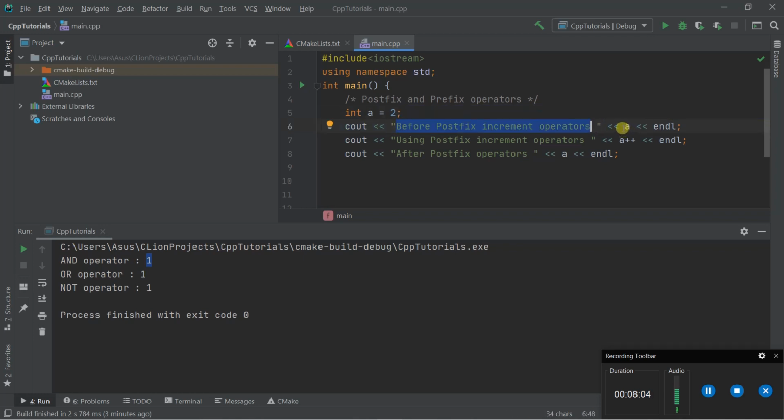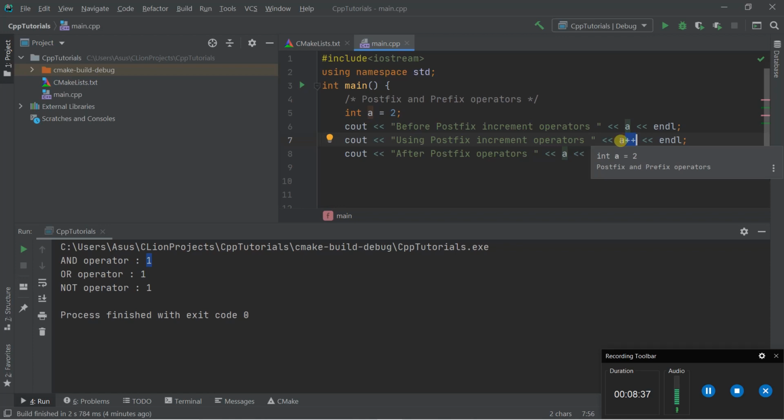I have simply printed the value of a here, and in the next line I have used the postfix increment operator on a. This is the postfix increment operator, double plus, and I have used it after the name of the variable. So this is postfix, and if I use this symbol before the name of the variable, then the operation will become a prefix increment operation.